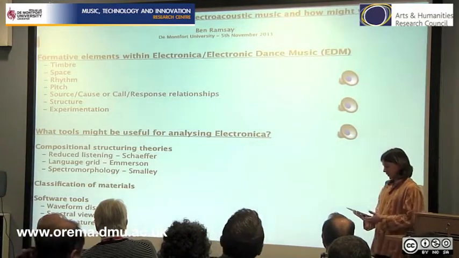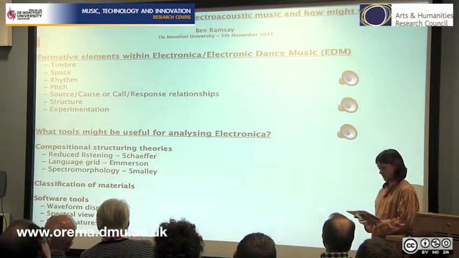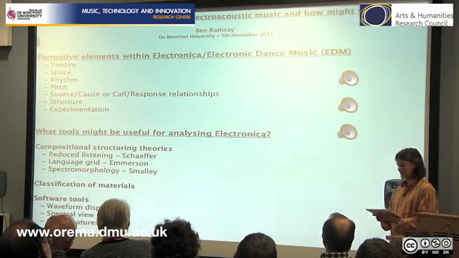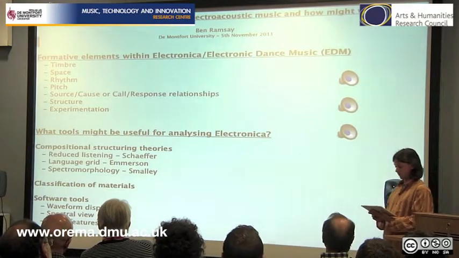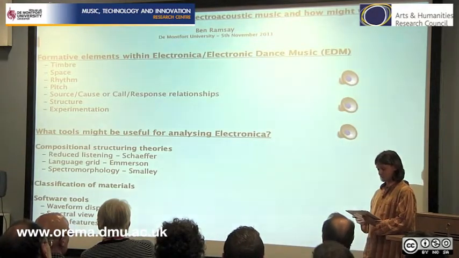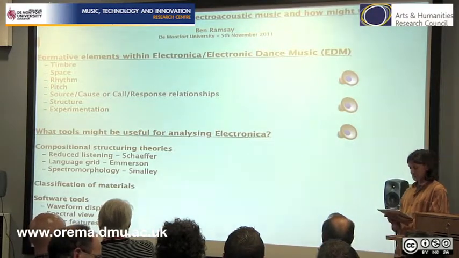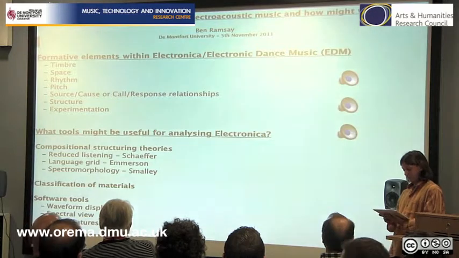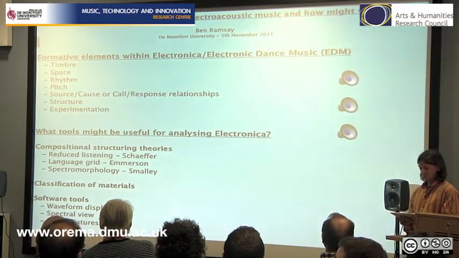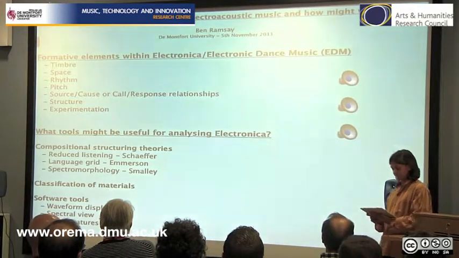Classification of materials. Electronica is formed from a range of sonic materials which can be described in terms of their frequency content as either pitched, noisy or distorted sounds, and their shape, whether short gestural sounds or elongated textural ones. Classification of articulation style may also be useful, so whether works are pitched or rhythmically carried, timbrally carried or spatially carried, or a combination of these. We may begin to classify musical discourse of electronica using these key elements.